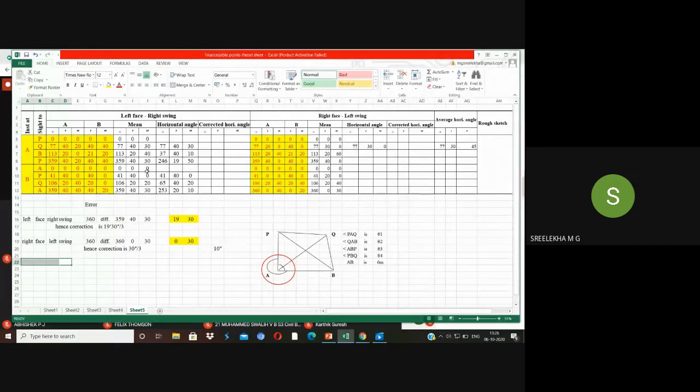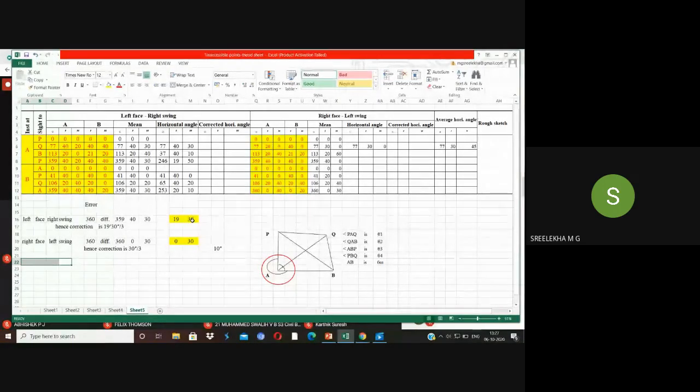And now, how are you distributing these angles? Whatever be the error. For example, on the first setup, completing the whole horizon, you have got 359 degree, 40 minute, 30 second. So what is the angle of error? Just subtract 359 degree 40 minute 30 second from 360 degree. What is the value? 19 minute 30 second. That is written here. It is the total error.